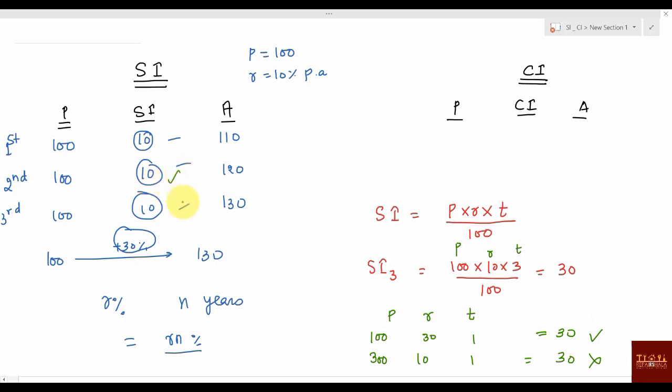You can say 10% here, and it is given n years, so R into n percentage, or 10 into n percentage will directly give you the total percentage, and already you know the percentage concept. So if you have the total percentage and the initial value, you can find the final value, or if you have the total percentage and the final value, you can find the initial, right? I've told you 3 structures, right? Those 3 structures you can use and find the values, okay. Now I think this is clear.